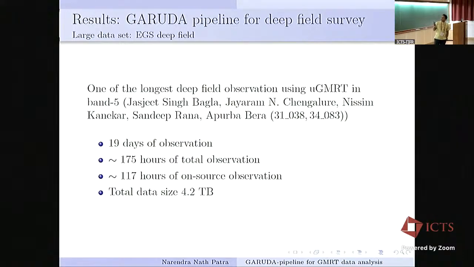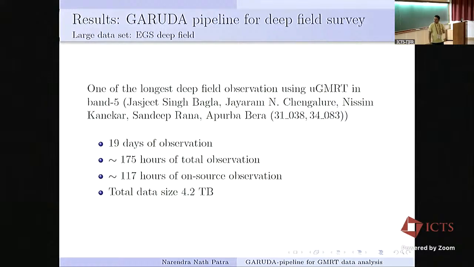Jasjit, Jairam, Nisim, and company did the observation. It's 350 hours of L-band data, and we have only used 19 days of observation from that, which is about 175 hours of total observation. This amounts to about 120 hours of on-source data, that is, on the target.